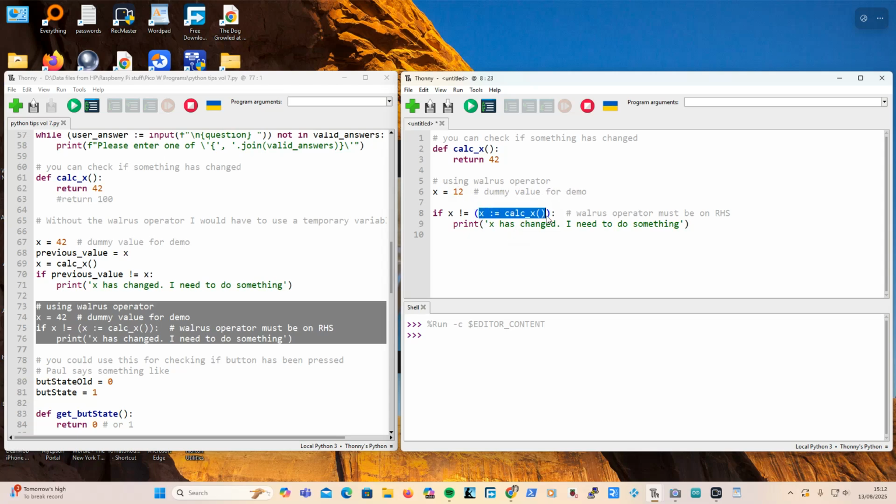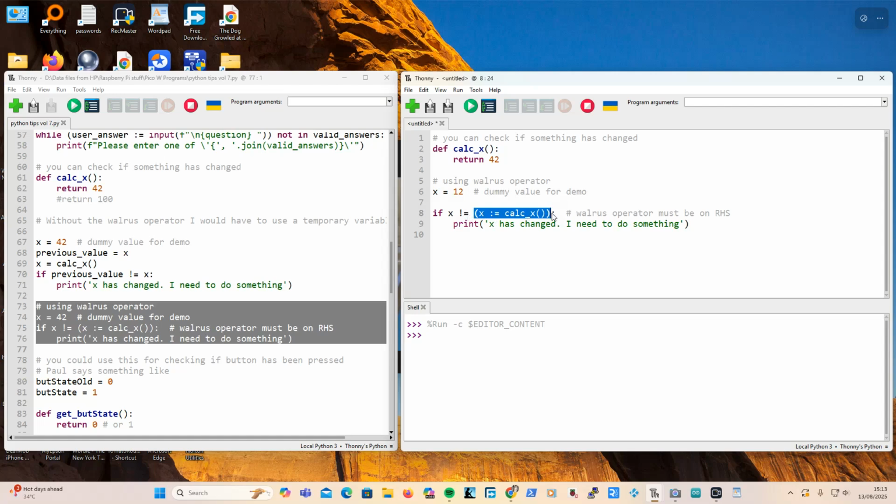That statement has called calc x, returned 42, so now x equals 42, but that bit is now equal to 42. It's returned it. So what that says is, if 12 is not equal to calc x,